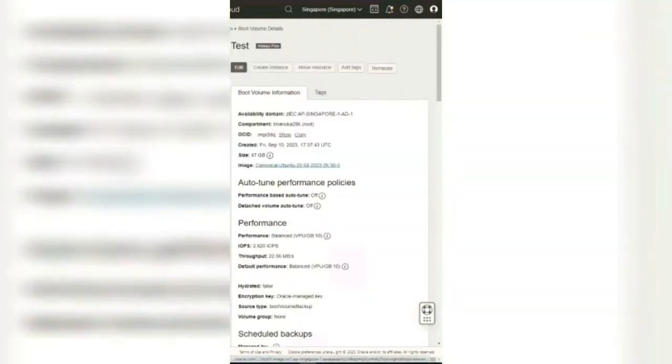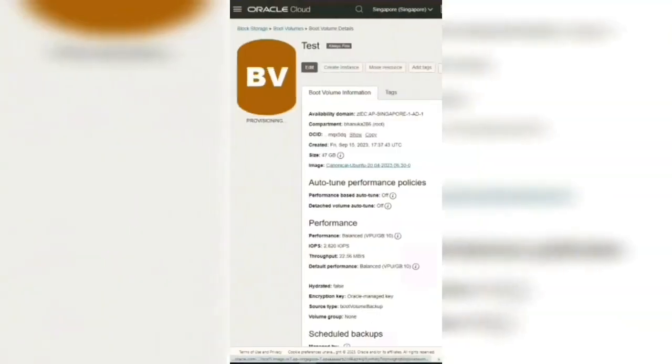Now what's happening is it's creating new boot volume. It doesn't modify current boot volume. It creates new boot volume instead. So for using this backup, you need to create new instance with this boot volume. This is how out-of-capacity error affects to this process. For finish this process, I will show you how to create instance using this boot volume.